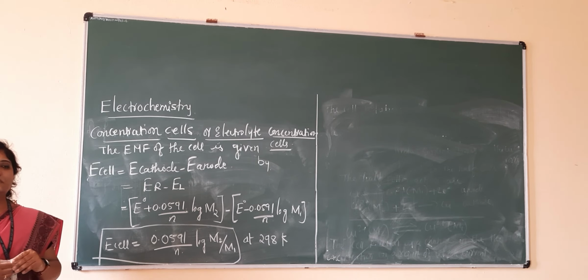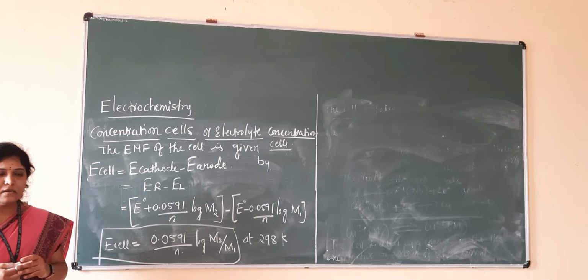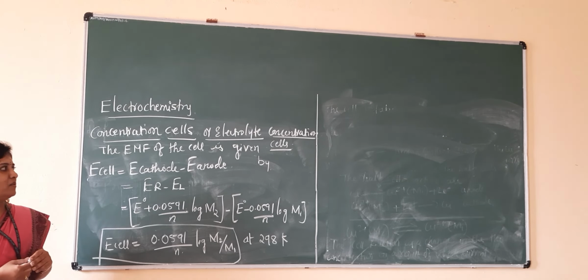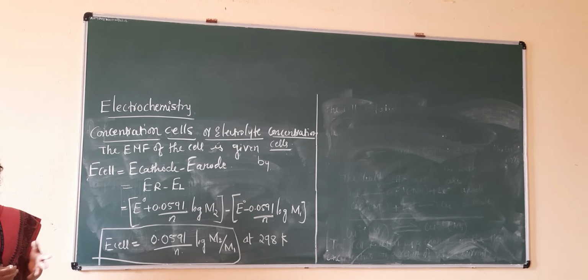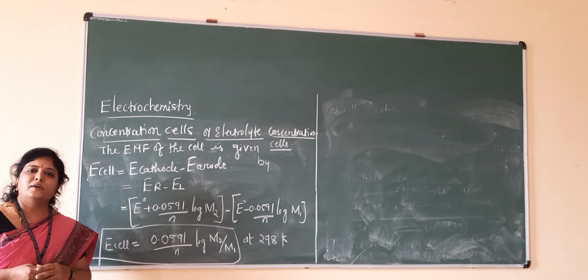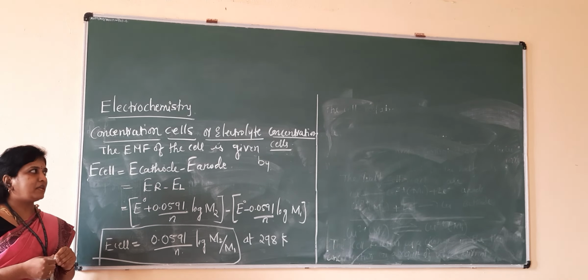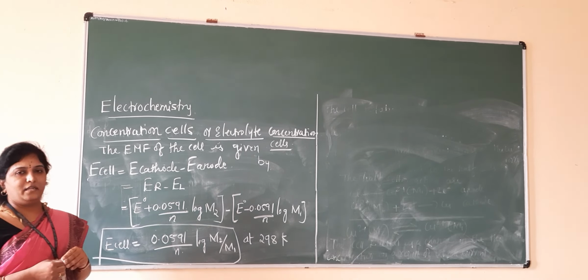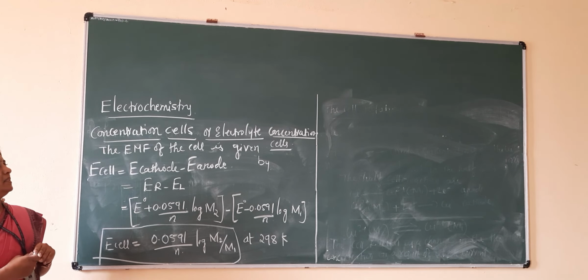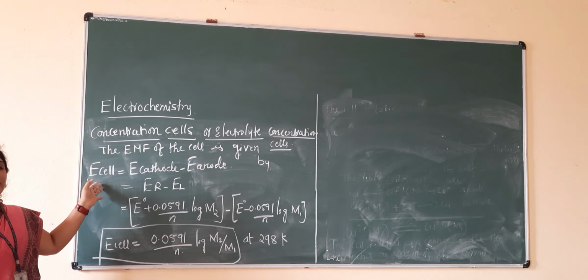Reference electrodes are the electrodes whose electrode potential values are known to us, and are used to find out the electrode potential of other electrodes. Also we have studied the primary reference electrodes, secondary reference electrodes, and then we also studied the construction and the working of the calomel electrode, and then the concentration cell. So what are concentration cells, and